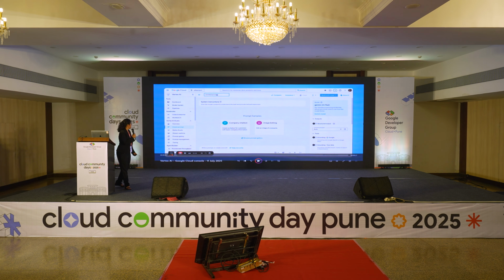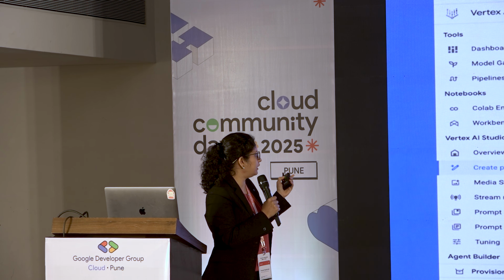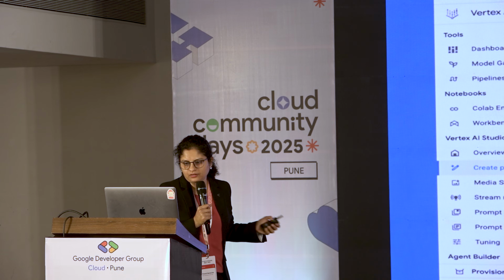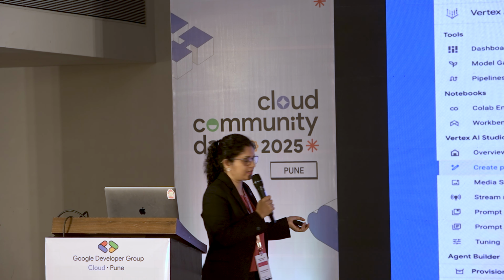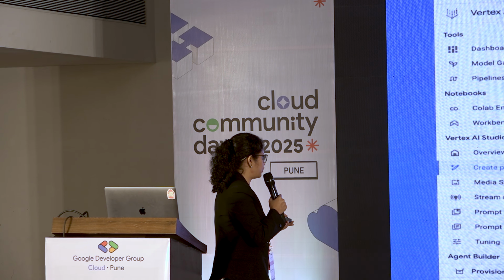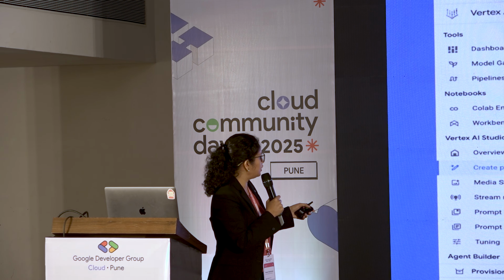I'll explain here. This is the Vertex AI console. You can search for Vertex AI, and it's the Vertex AI workbench. Here you can see create prompt. Once you create the prompt, you can give your use case name. Our use case name is insurance risk analysis, so you can rename it there. Then we have system instructions, and then we can write our prompt here.